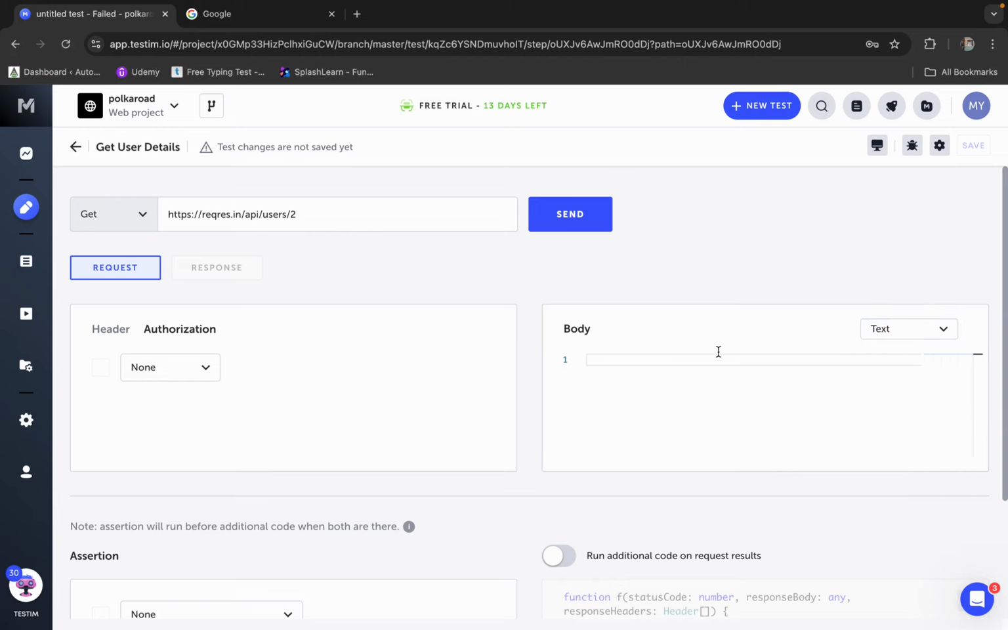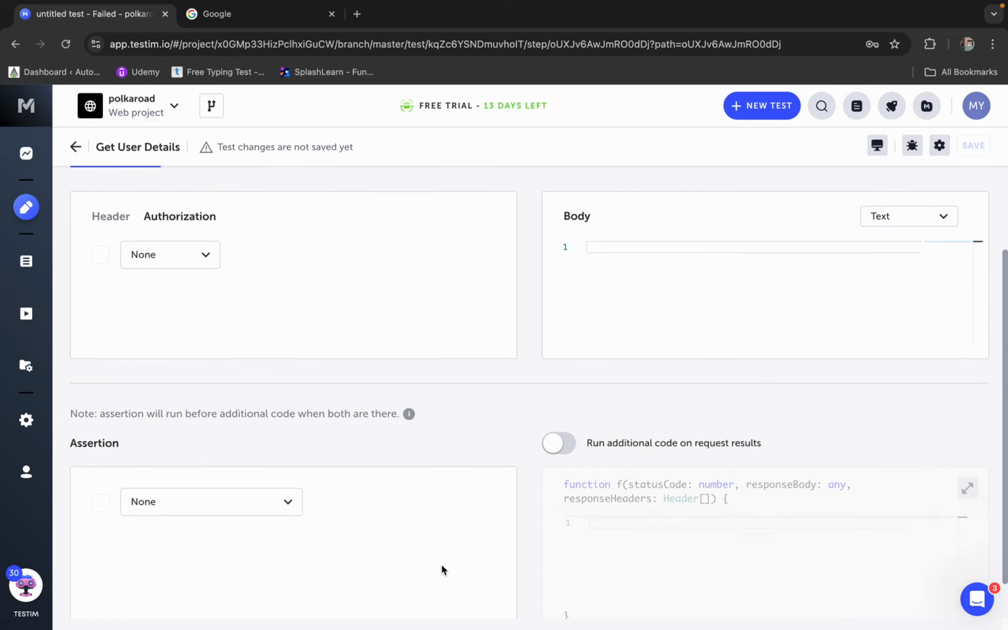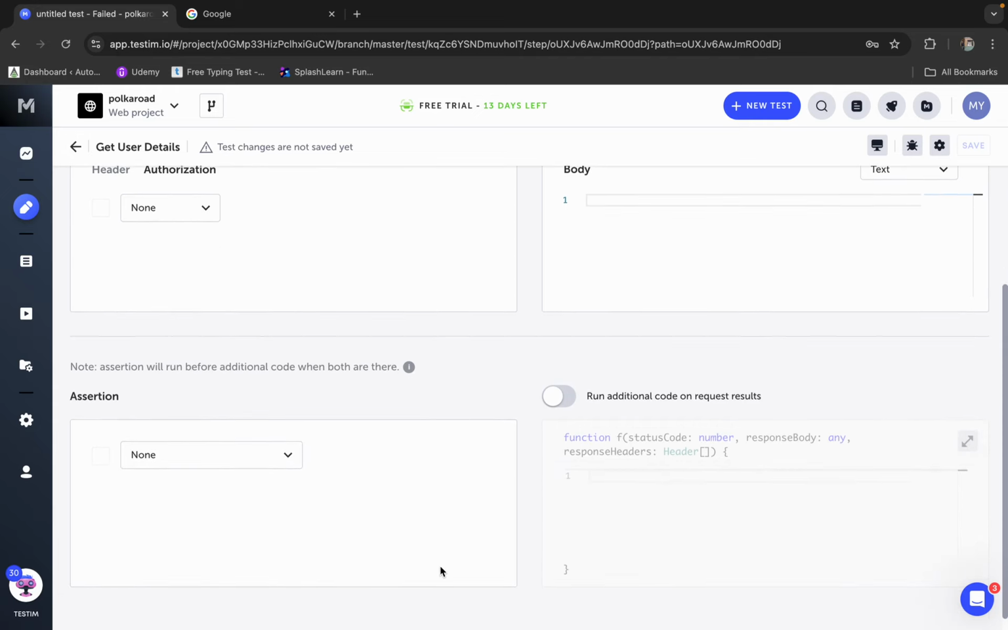For get we do not need the body, so I will keep it as it is. I will also show you examples of post, put and delete APIs, but for now let us go with this get API. And then we have assertions. In case you want to check anything, if you want to add any assertion, you can add it here like